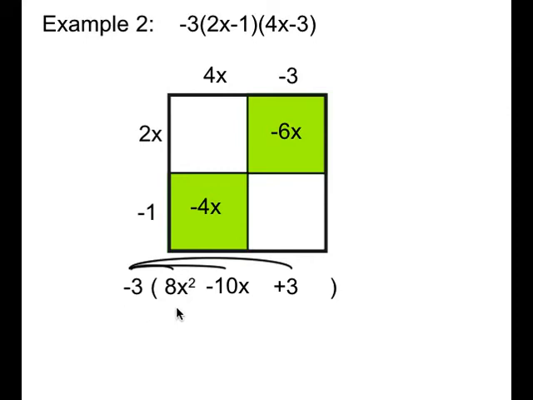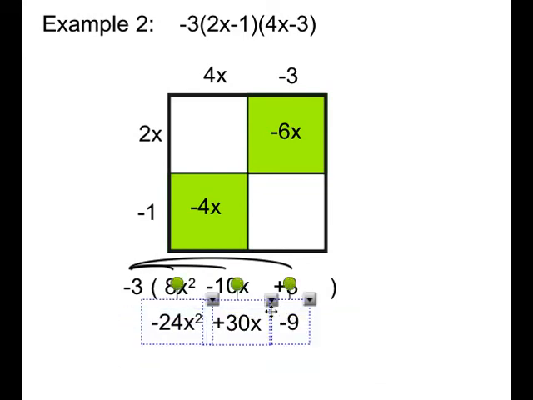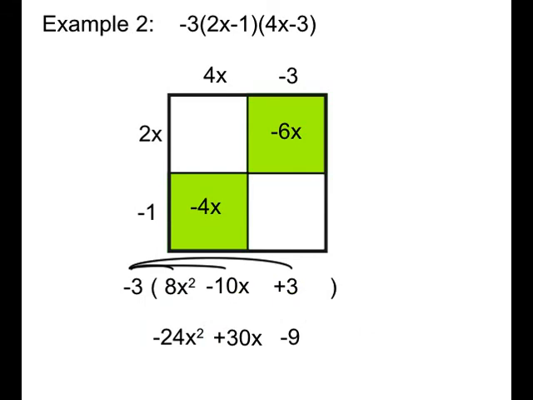So negative 3 times 8x squared is negative 24x squared. Negative 3 times a negative 10x is a positive 30x. And a negative 3 times a positive 3 is a negative 9. So my answer is this whole thing right here. I do not combine my x squareds with my x's. I leave my constant at the end. And I am done. Hopefully this has made sense to you, so now that you can get practicing